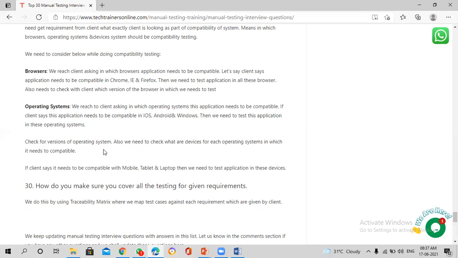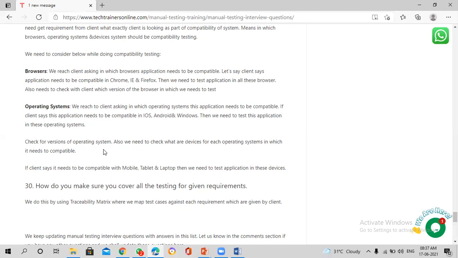So now I have a feature called register an account with Facebook. When you want to register an account with Facebook, register account is one test case that I have. Do you think I need to execute this one test case in 3 browsers, 3 operating systems, and 3 devices?